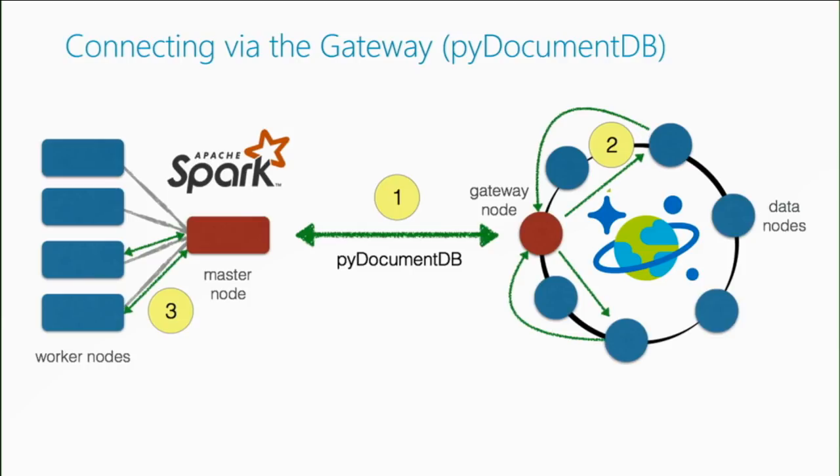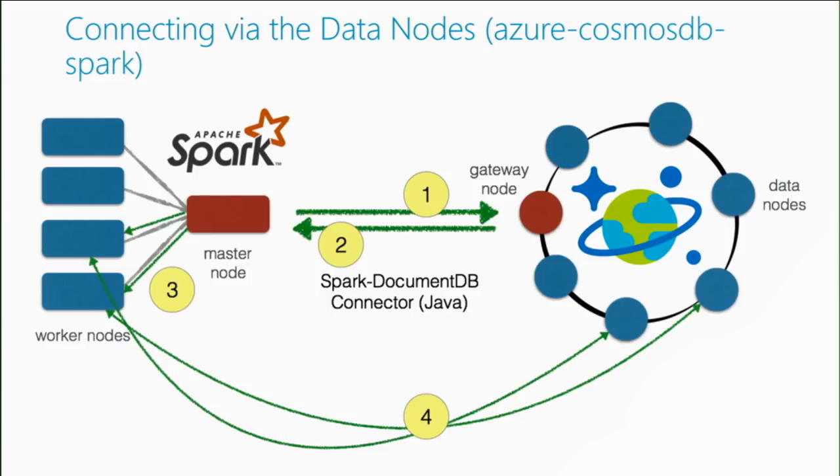But overall, we like to promote our other one, which is the Spark Document DB Java library, the Java connector. So the Java connector can actually go issued to the gateway node, figure out what the individual partitions are, and now has mappings of the mappers within Spark to the actual partitions within Cosmos DB. So this is something I really like highlighting because